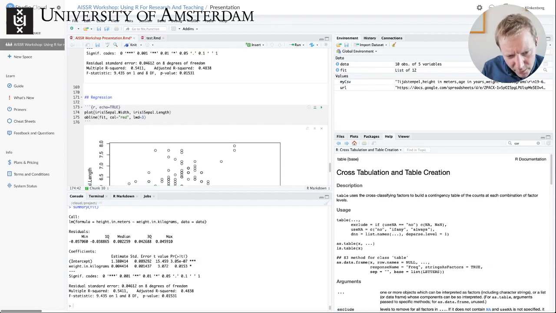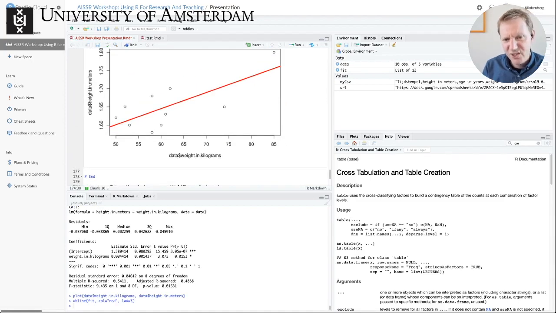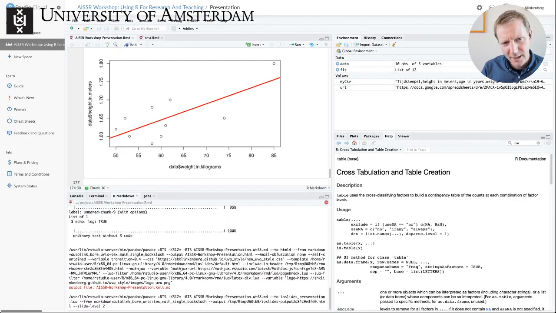So if we would plot the data weight against the data height, we can use the function called abline and apply just the result of our model, the fit, and have the regression line just added to the scatter plots. And this you could output as a PDF or what have you to use in your research papers. So we knit this entire thing, and that would result in a completely updated